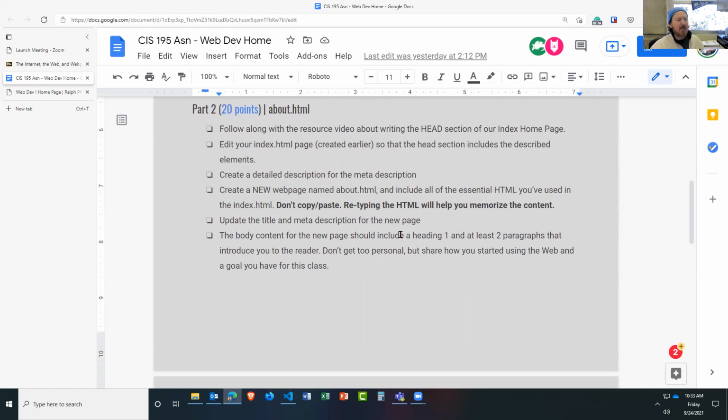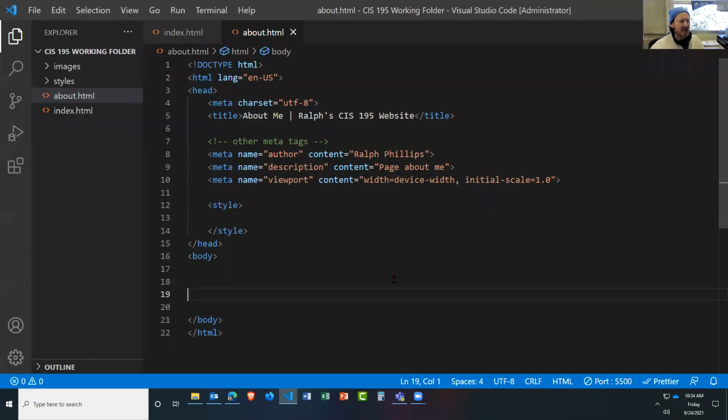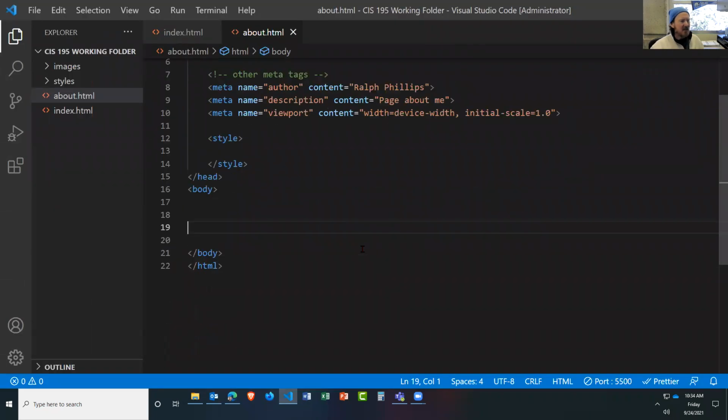Don't copy and paste. Retyping the HTML will help you memorize the content. True. Update the title and meta description for the new page. Body content for the new page should include a heading 1 and at least 2 paragraphs that introduce you to the reader. Don't get too personal, but share how you started using the web and a goal you have for this class. Excellent. Okay, so I'm going to go ahead and